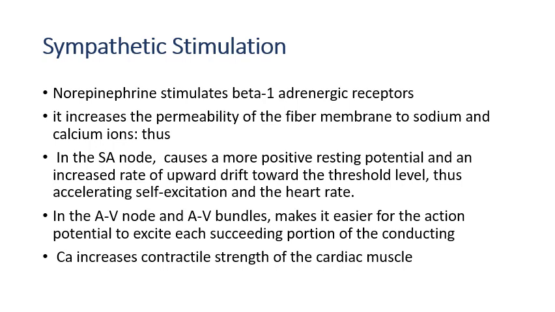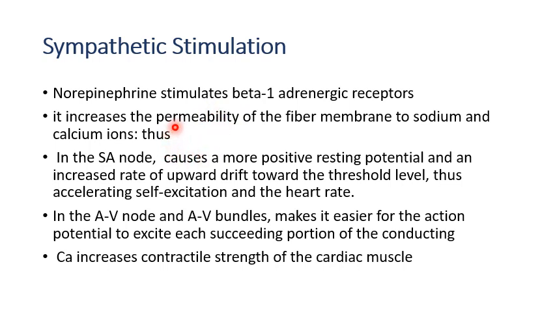And this will increase the permeability of the fiber membrane to sodium and calcium, and that is the main point here. Increasing the permeability of the cardiac cell membrane to calcium and sodium will make them more